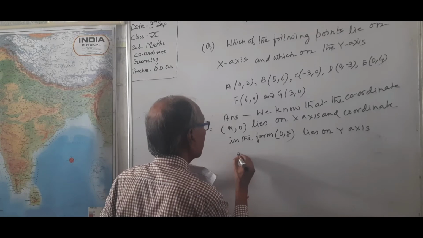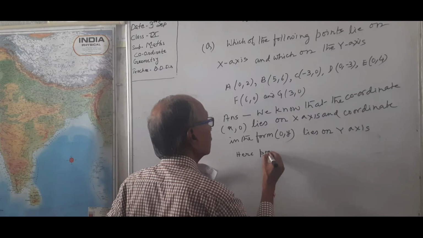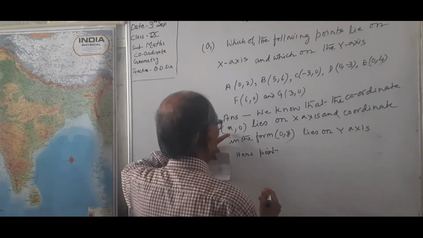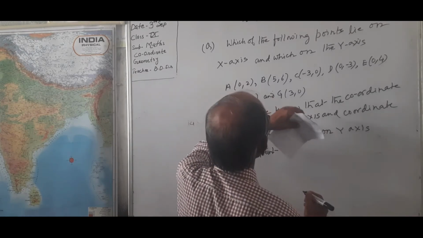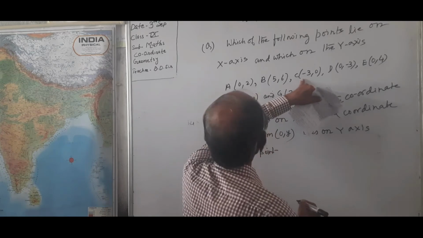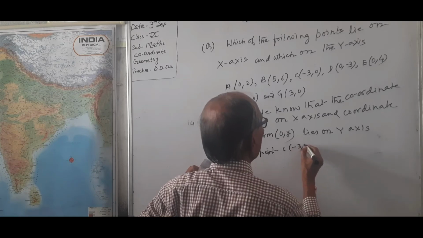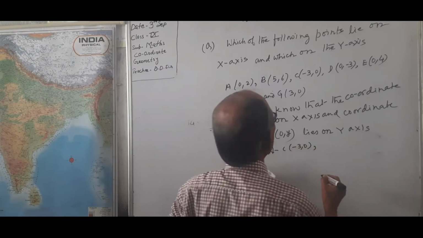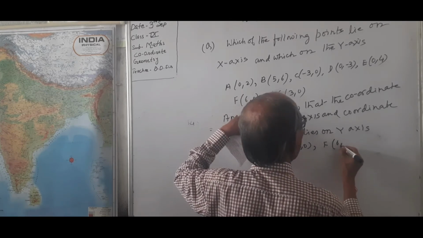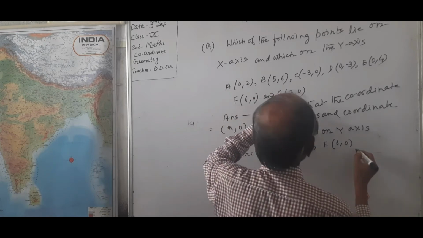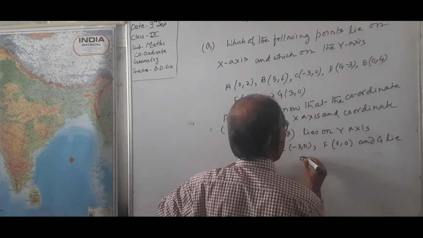So here, the y-coordinate should be only 0, not the x-coordinate. C means (-3, 0), F (6, 0) and G lie on the x-axis,